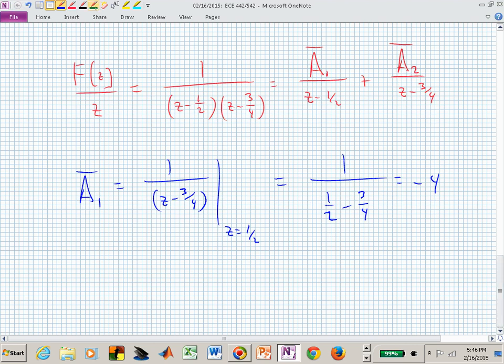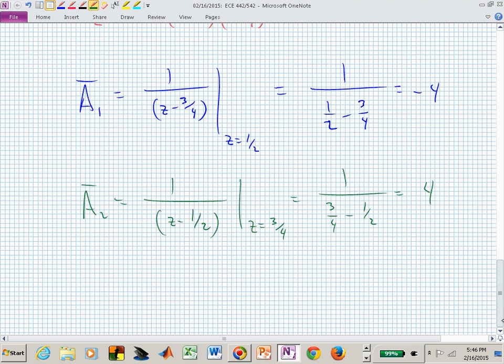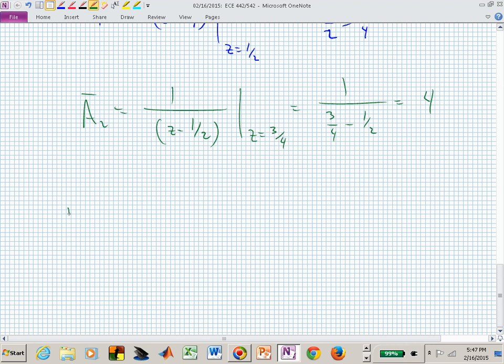A2 can be found the same way. A sub 2 bar, we multiply through by z minus 3/4. That leaves us, on the left-hand side of the red expression, with 1 over z minus 1/2. We evaluate that at 3/4. And now we get A2 bar is 4, so that f of z over z